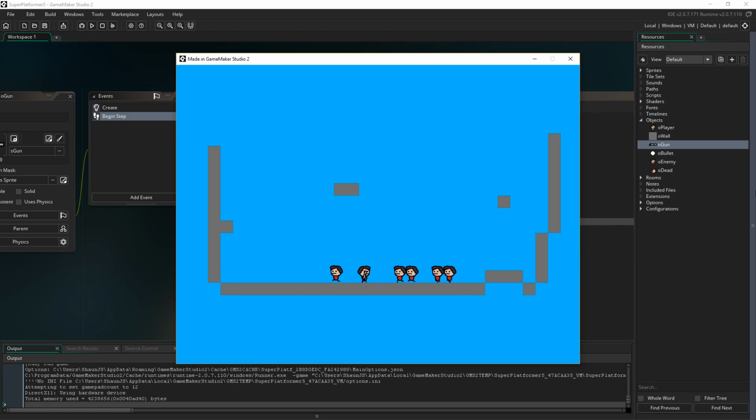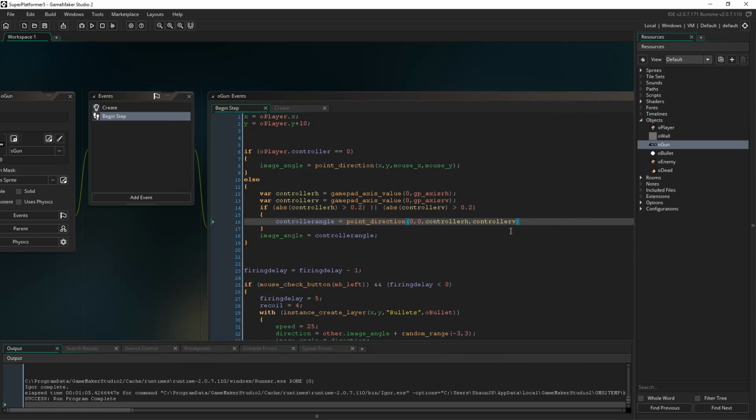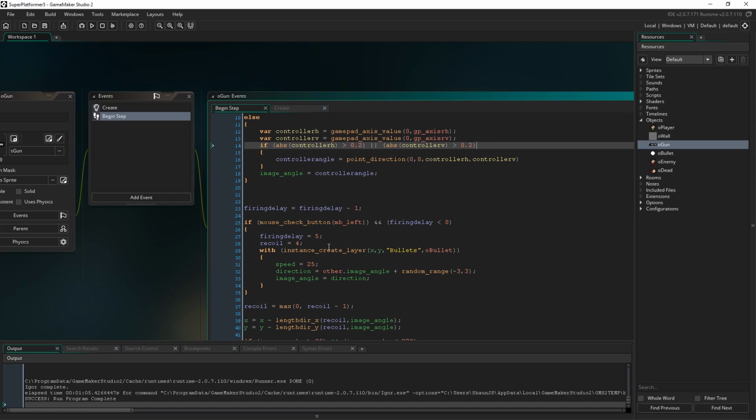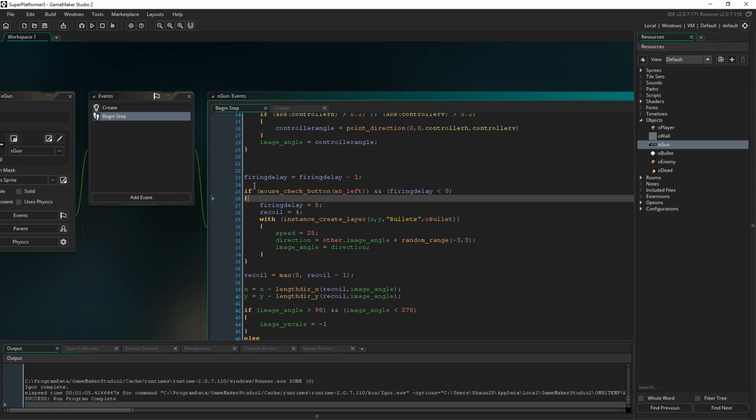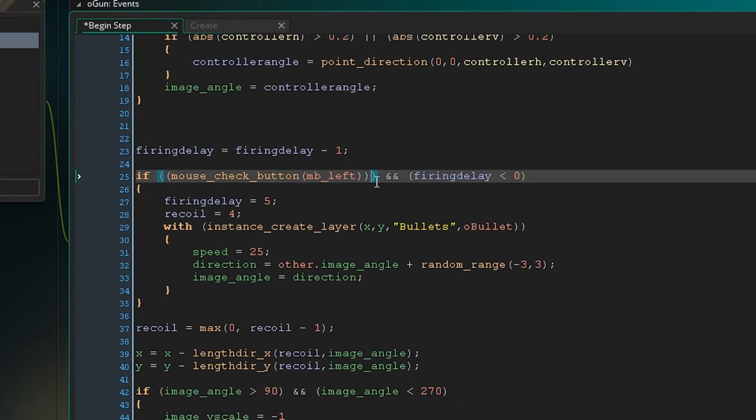Okay, so then the very last thing we need to do now is just make it so we can actually shoot, which is going to be very, very straightforward. Literally just going to add here, this is the section in the gun where we fire, right? This if mouse check button, MB left, and then all our firing delay stuff on top. So I'm going to open a bracket at the start of that, close one at the end of it, just so we've wrapped it in some more,